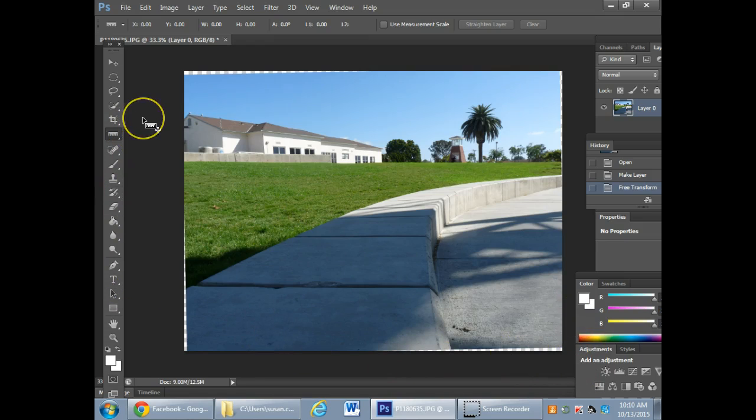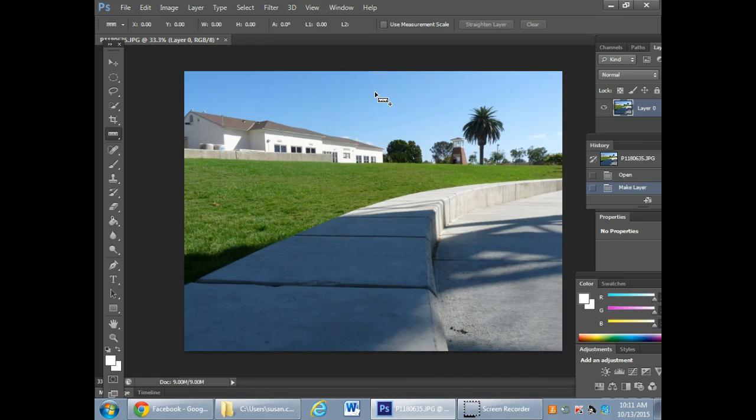Every time we straighten our horizon, we have to crop the picture, always. 100% of the time we have to crop the picture. So in this case, when you see this checkerboard pattern behind anything in Photoshop, it means it's empty pixels. It means there's nothing there. So we can go in and crop around that, or there's a second way we can do it, which is